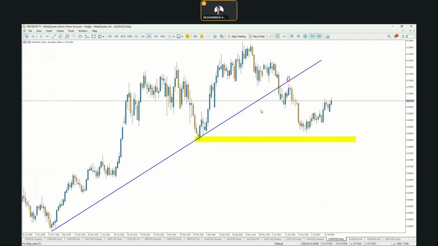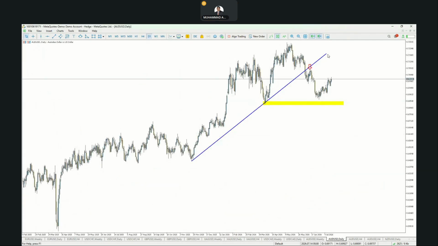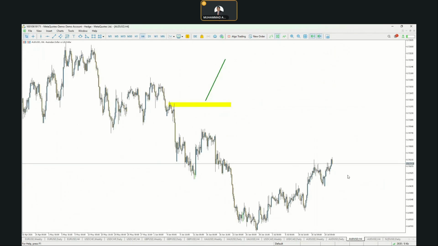Now, as far as the price action is concerned, if we take a look at the price chart of AUDUSD currency pair, there is a nice bullish trend line, and price action is still staying above the support area. So the bias is somewhat neutral over here in AUDUSD currency pair. Expect bullish price action in AUDUSD currency pair if unemployment rate comes in below 4.4%, and expect bearish price action for AUDUSD currency pair if unemployment rate comes in above 4.4%.